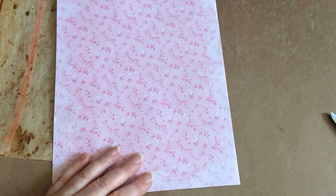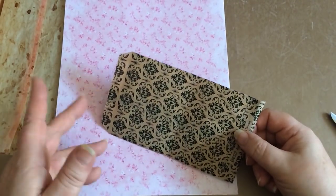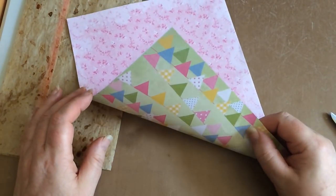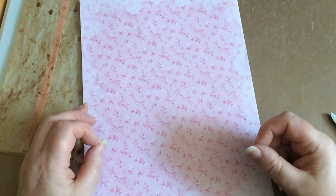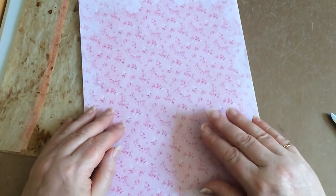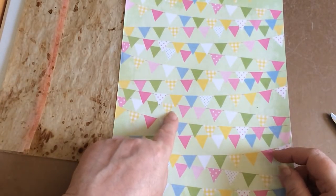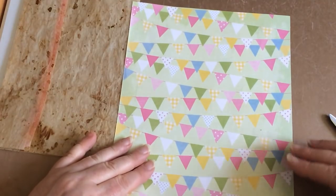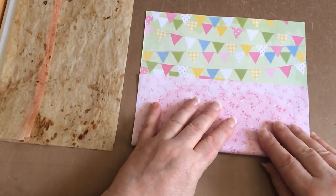I did mention about adding paper bags. Now if you haven't got any paper bags, don't worry, because all you need is a piece of patterned paper. This is thin paper, and you know how we buy those magazines and they've got those freebie packs of papers in there, or the booklet of freebie papers in. That's all that this is. It's one of those. So that, I don't like that side, but I think that that side will go really nice in my book. So all I'm going to do is fold this just slightly beyond the halfway point,